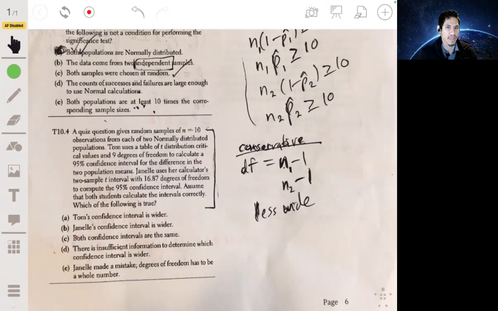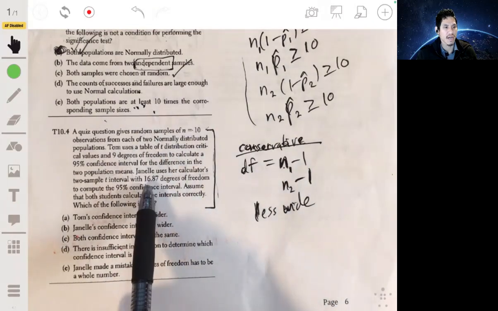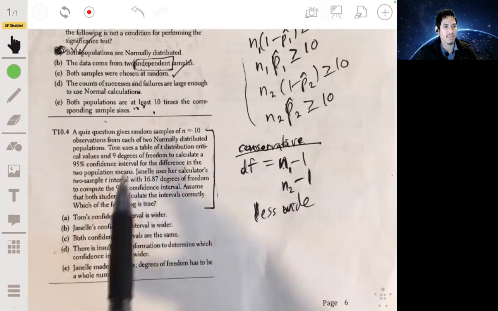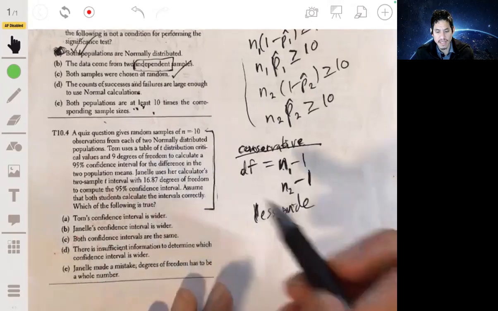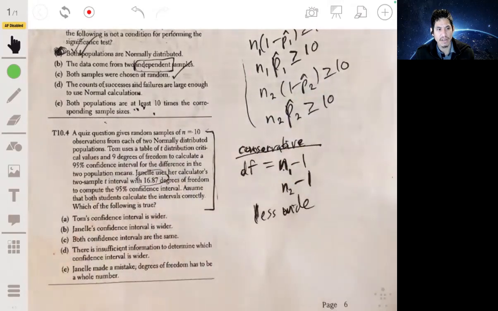It's going to be that it's truly going to be 95% in this case confident. But when you use a calculator, this allows you to get a more precise confidence interval calculation, because that allows it to become more wide. Because with the higher degrees of freedom, you're going to have a wider confidence interval, which gives a bigger range of values,